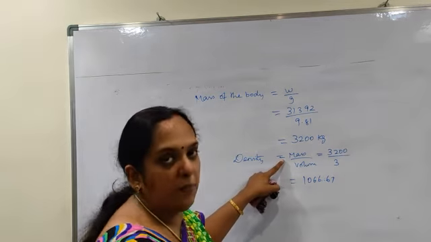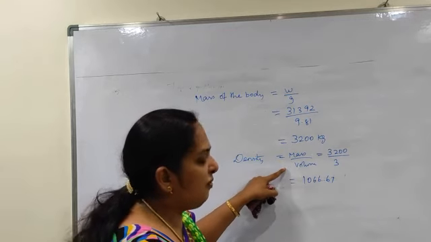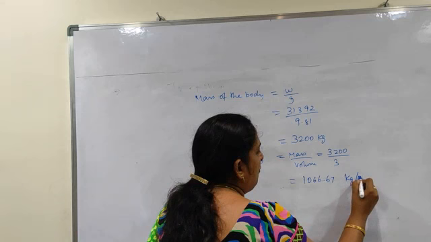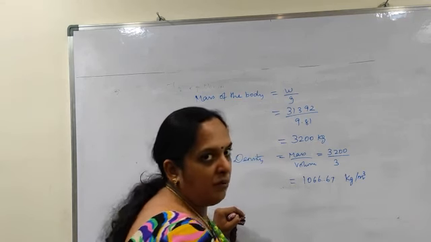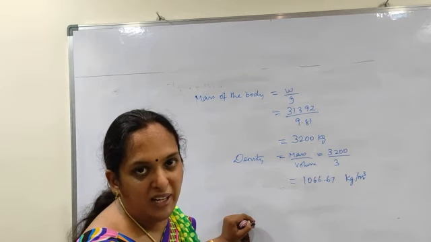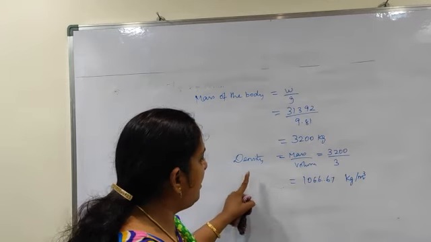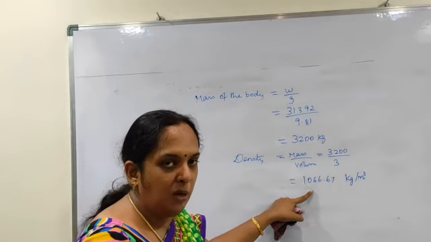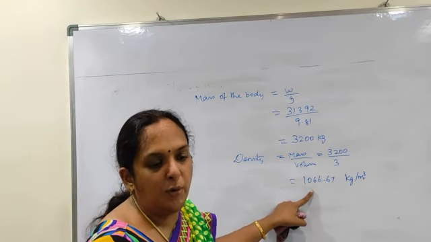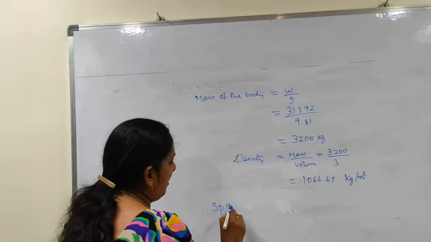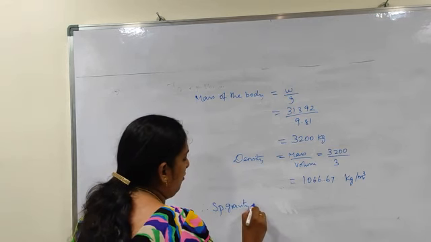And what is the unit? The unit for mass is kg, and the unit for volume is meter cube. So the density unit is kg per meter cube. Very keenly we have to give this, because everywhere without a unit the value doesn't have any meaning. So here I am giving density as kg per meter cube. Wherever it is possible we have to give the units properly. Now we have to find out the specific gravity of the body. That is what we are going to find out here.